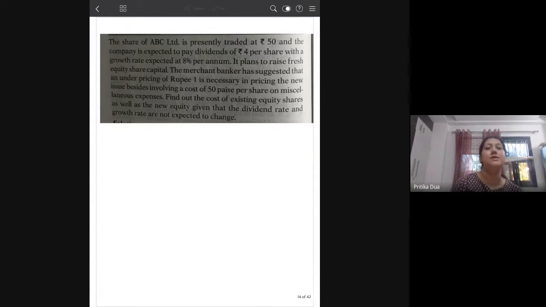Okay, next. The share, this is very important, the constant growth model, क्योंकि generally जो question आता है cost of capital calculate करने का, उसमें equity generally is asked as per the constant growth model. So make sure that all the doubts are addressed here. The share of a company, you can start solving this question. We discuss the answers.